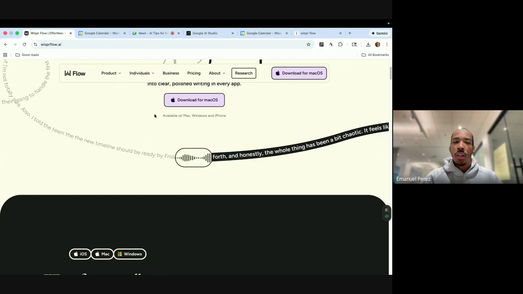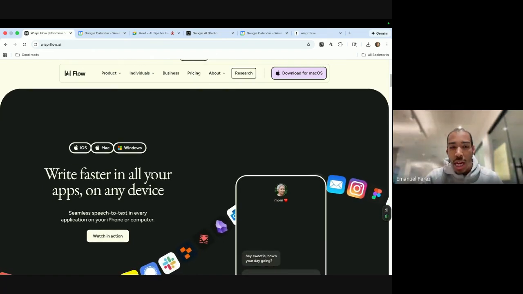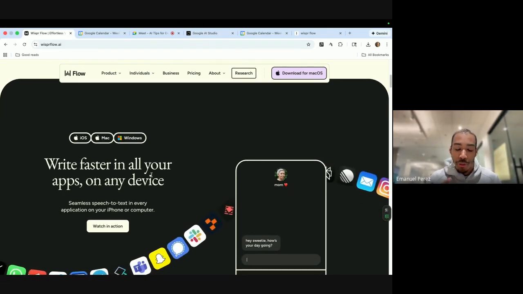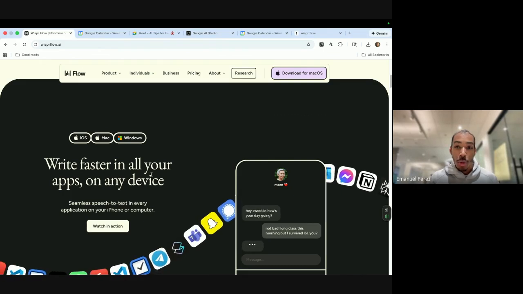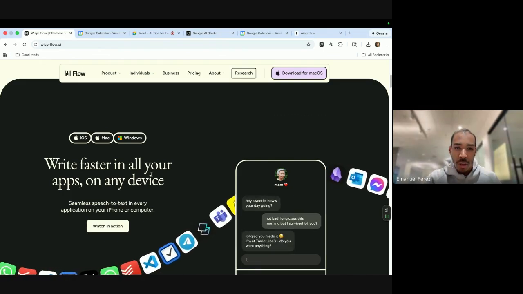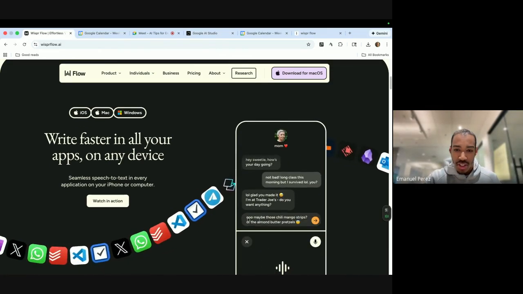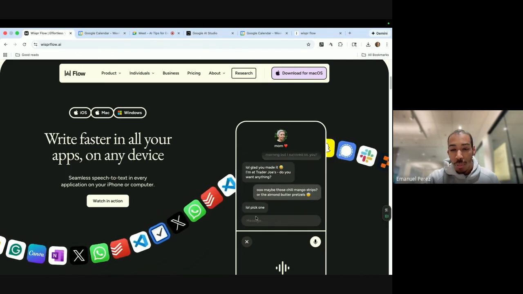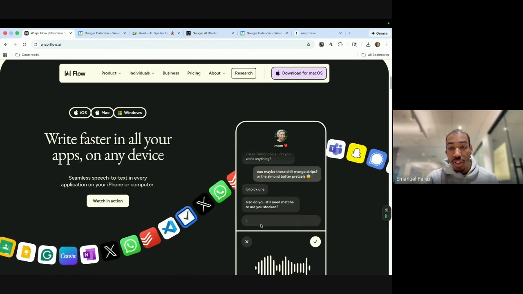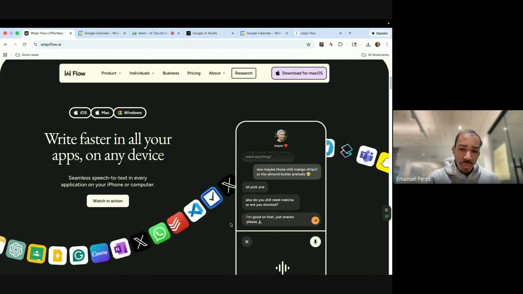For example, you can activate Wispr Flow from almost any device. You can use it from your phone. You can use it from your laptop, on Mac and Windows devices. And anywhere there's an insertion box, like for example, this text message wireframe demo here, you can just talk instead of having to type.